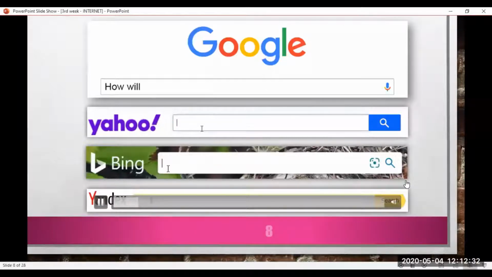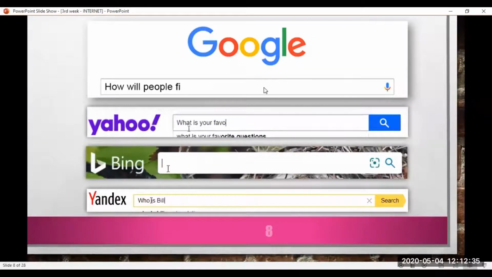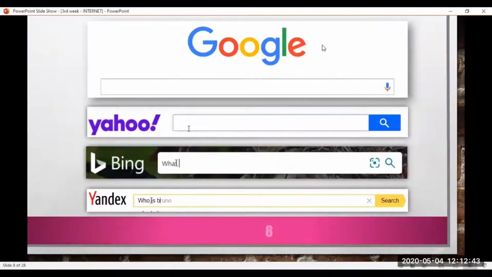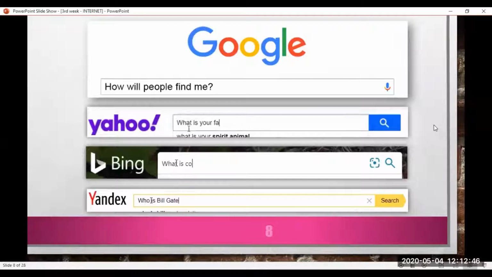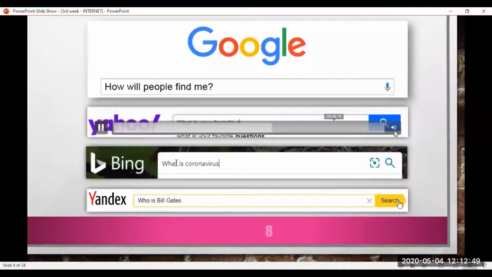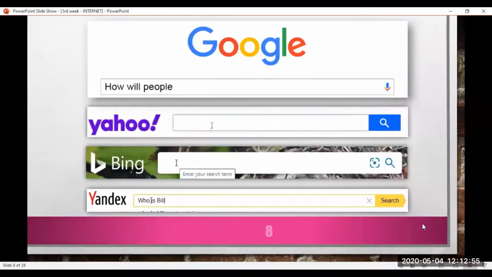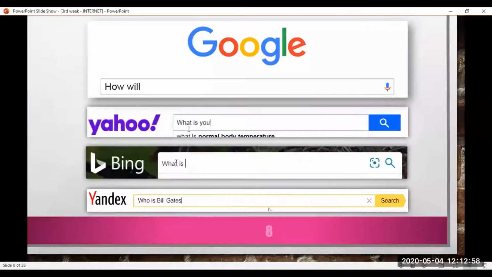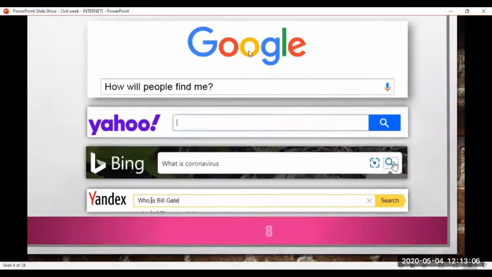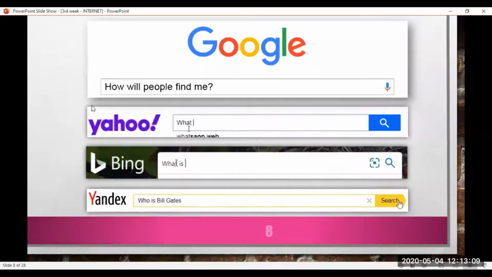Okay, everybody, as you see, this screen is showing us what you see when you open your internet browser and go to www.google.com. It will show like this, okay? And the other one is Yahoo. Yahoo also shows like this with its logo, and Bing and Yandex. What are the common things among the four of them? Maybe the other search engines are the same. The common things are the name of the search engine and the search bar. All of them are the same.